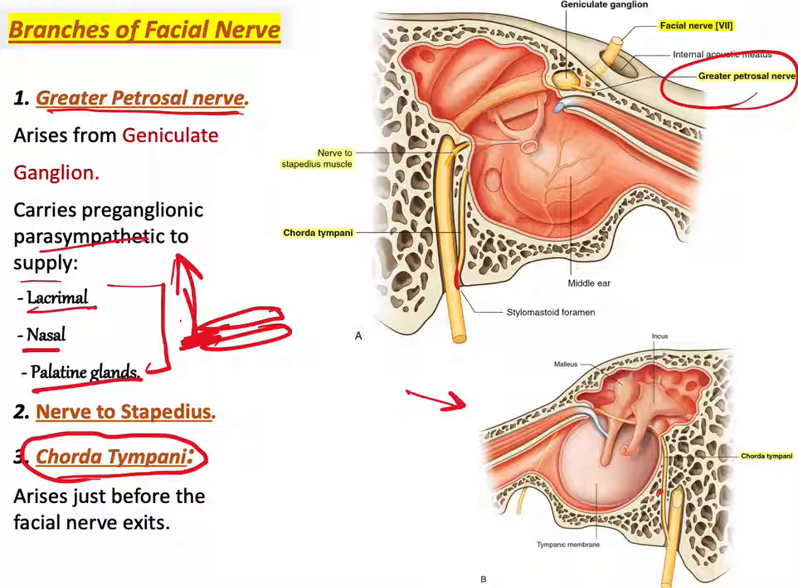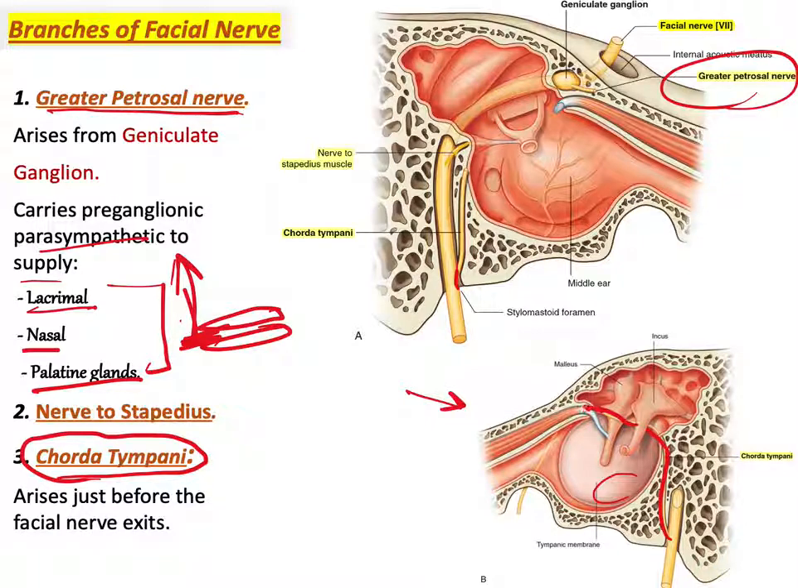Let us look here. This is another view, right? Internal view. It passes up behind the incus and malleus. You see, between the incus and malleus. So that's why we always prefer, if there is a need to rupture the tympanic membrane, to make the incision in the inferior posterior area. Why? Because it's away from the Chorda Tympani. The Chorda Tympani passes there, then it leaves